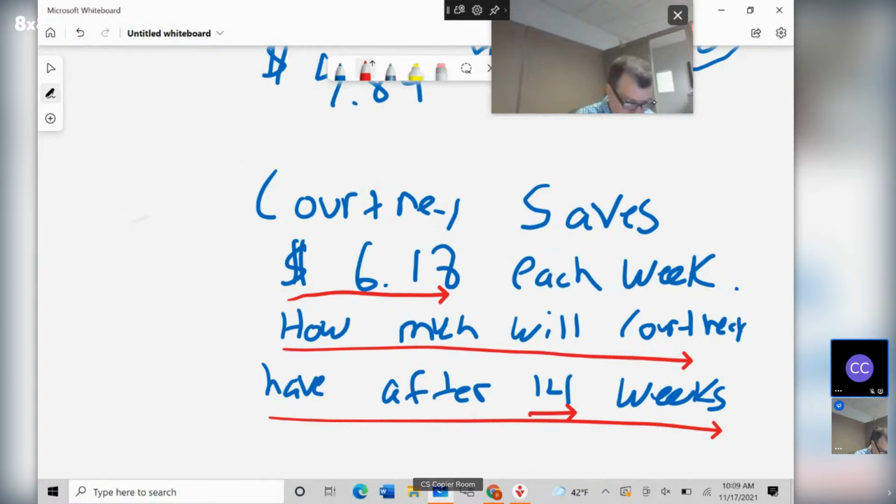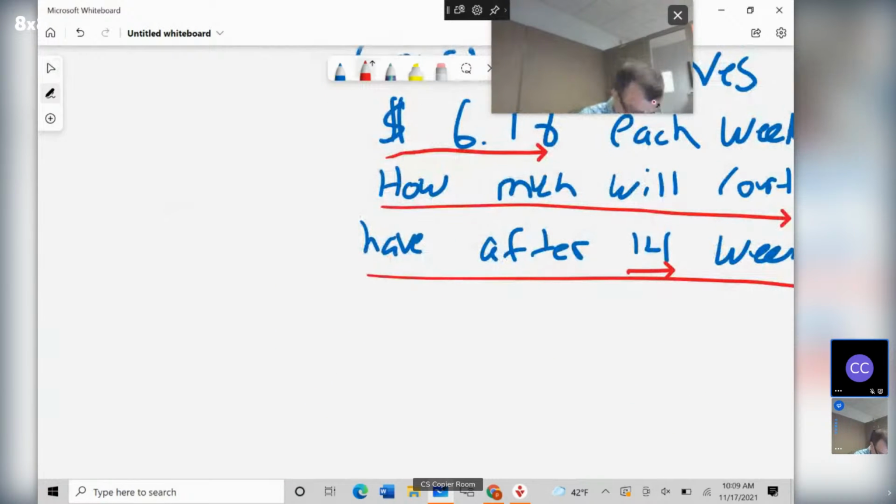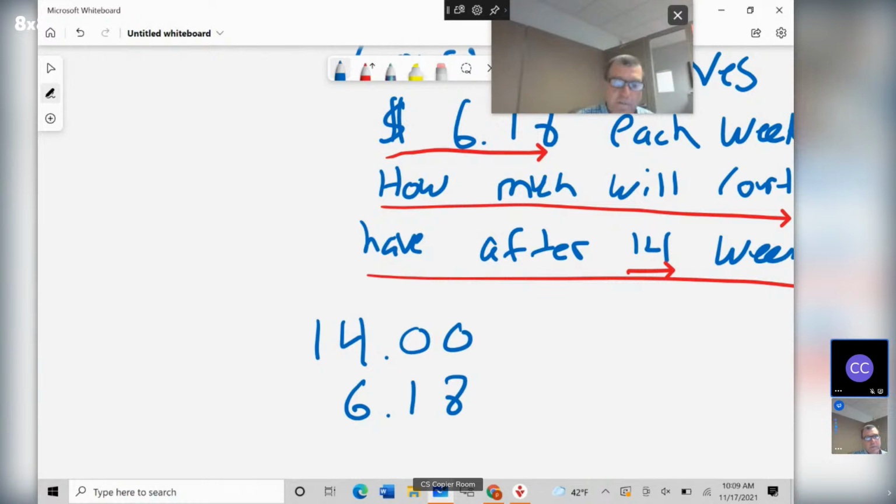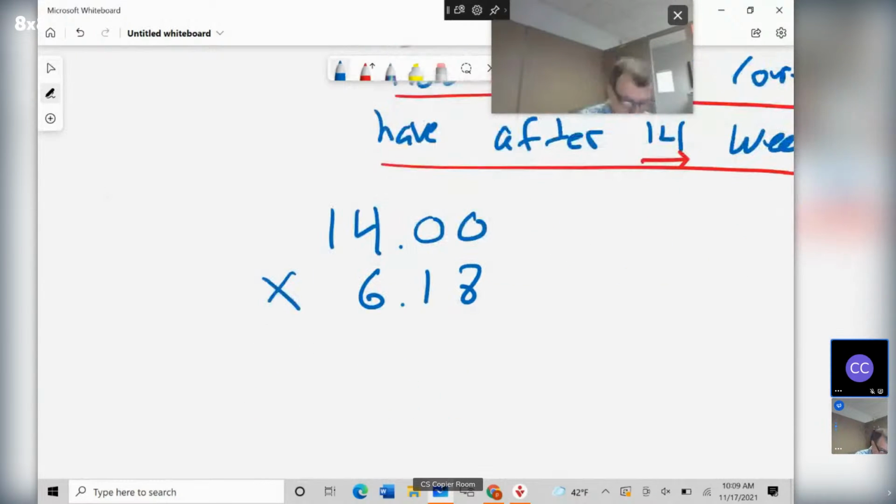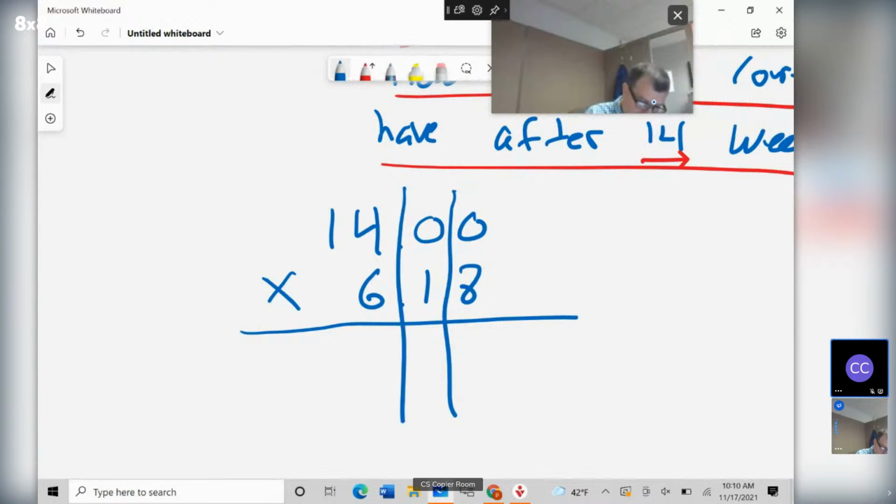So we would just do, and once again, I'm going to put the 14 down here. And I'm going to put 2 zeros because this decimal has 2 zeros, so 618. You certainly don't have to do that. You could just get rid of those zeros, but I'm going to put the zeros in there because it makes this multiplication problem a little more balanced. Okay, so what you're doing is 14 times 618. Okay, and if we were going to put the columns in, it looks something like,